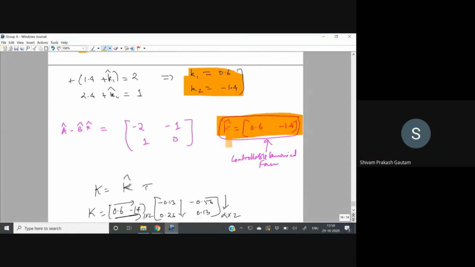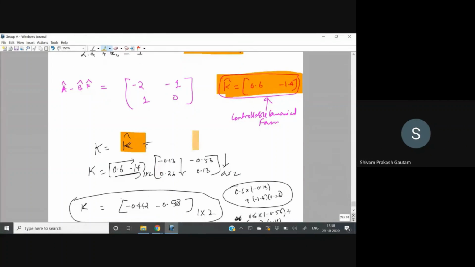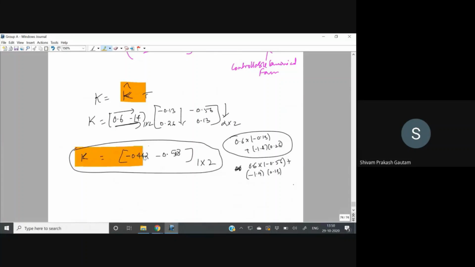Once you have got K1 and K2, you can use the formula K cap into T. The T matrix we have already calculated. We multiply these, and this is finally the feedback required for the original system. Right? Any doubt in this part? Though it is a lengthy solution, you have to be patient and